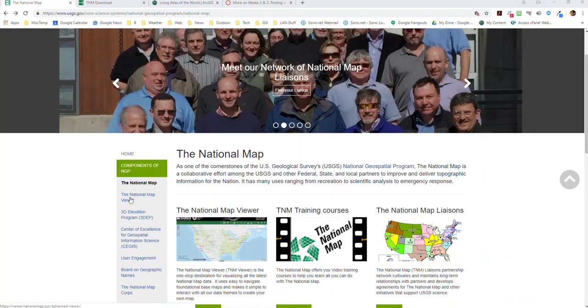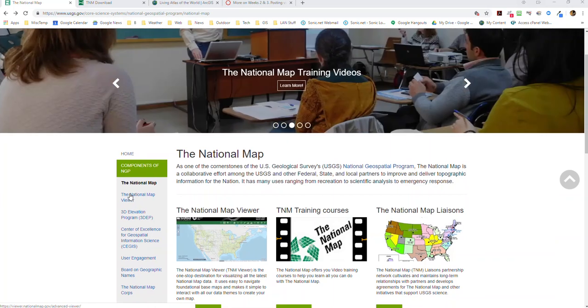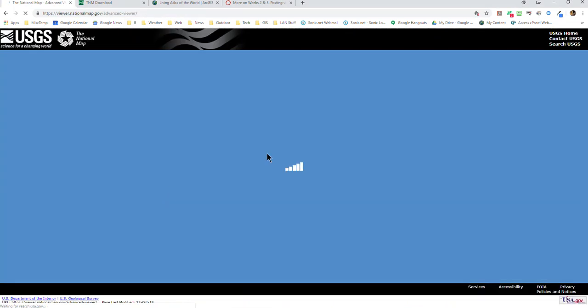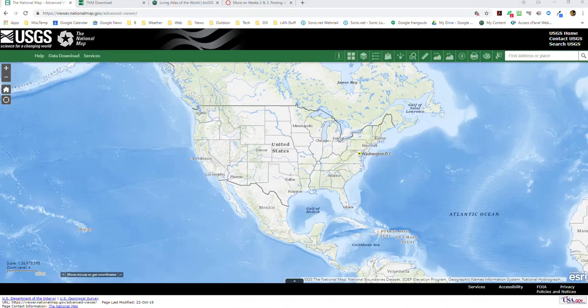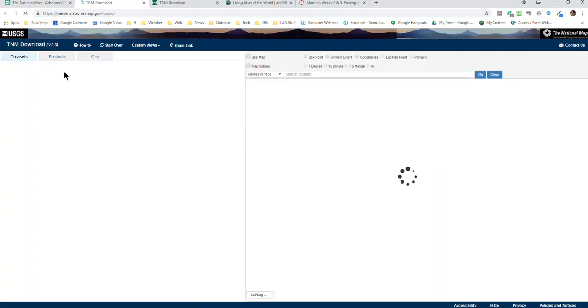And from there you go to the map viewer, and this is exactly what it says it is. It's a viewer, and so you can zoom in on a particular area and see more detail represented in one of several maps you can use as base layers. But what we specifically want to do is get data, and so you go to data download,